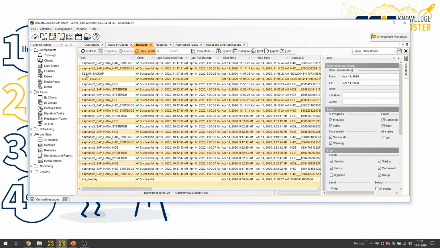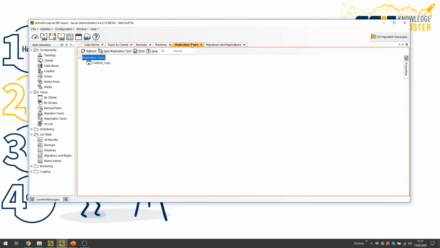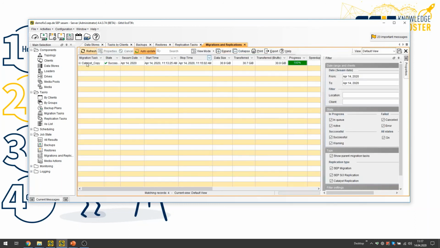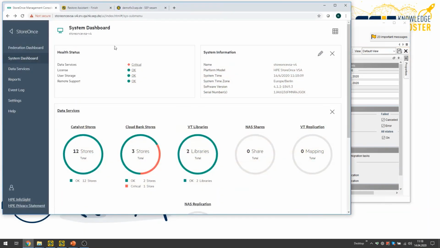So you can see that both backups have run successfully now. If you click on the replication over here, this is also successful. The replication is finished now. And now, last but not least, let's have a look at the